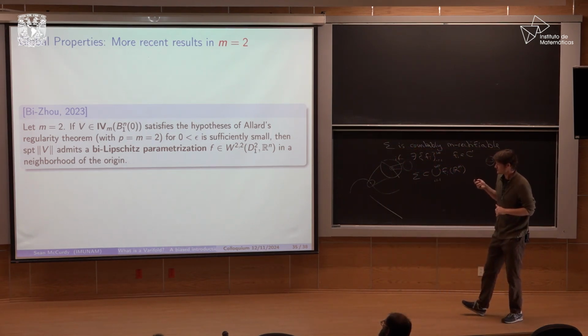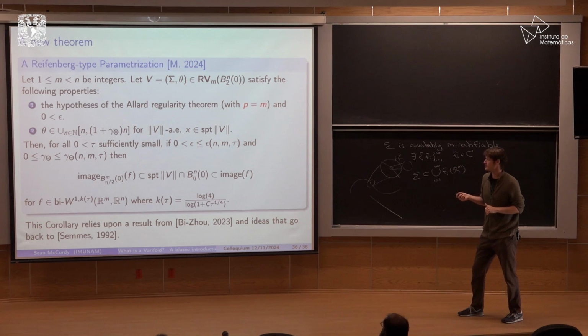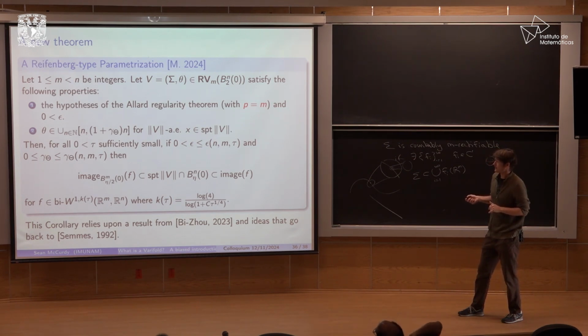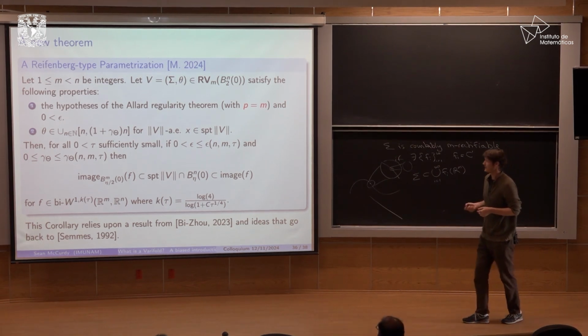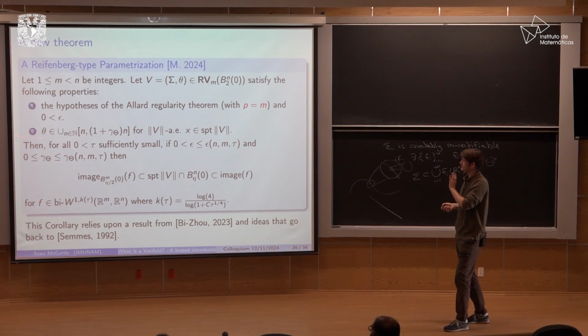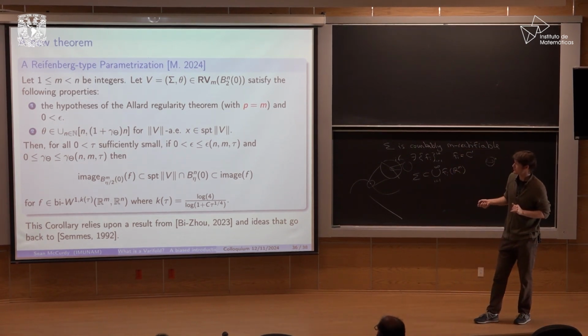And I guess I will just end by saying that recently I completed the higher dimensional analog where we allow n and m to be arbitrary integers as long as p is equal to m, and we have this very close to a disk assumption. Don't worry about this assumption. I'm not going to talk about it right now, but we obtain then that